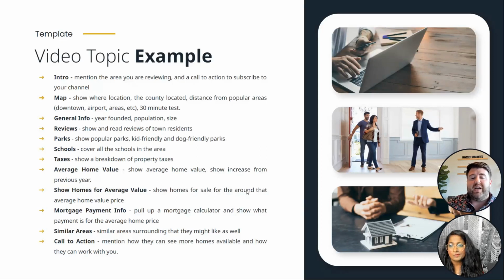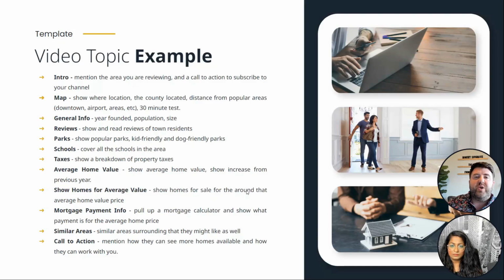You can pull up a mortgage calculator and say, the average home price was 450,000, so let's put that in. If you're going to go conventional, it's 3 to 5% down, depending on your credit. So do 3% down. Whatever your loan rate is in the area, just go with the average. It will automatically populate the current average interest rate, and then put in the property taxes, average insurance, let it populate, and then show them this is what your average payment is if you decide to live in Richmond, Texas, Sugar Land, Texas. And so they have an idea of what the affordability looks like.